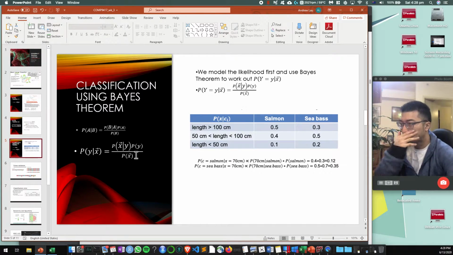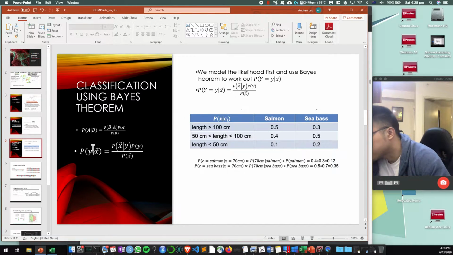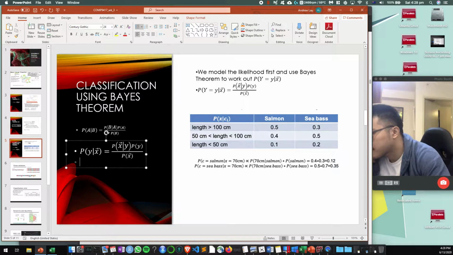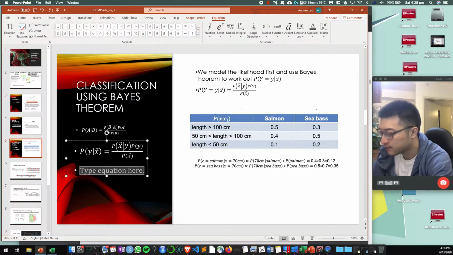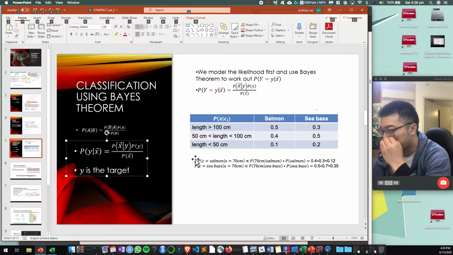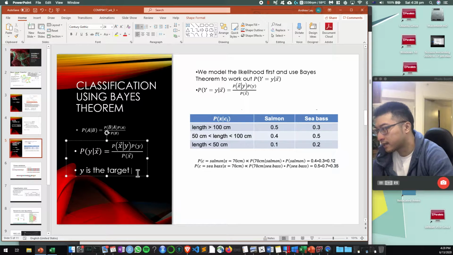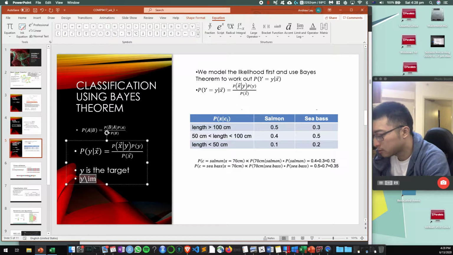Okay, so this is Bayes' theorem. Now we can sub in Bayes' theorem with the things that we care about for a classification exercise. Now, y is the target. So for binary classification, it could be something like